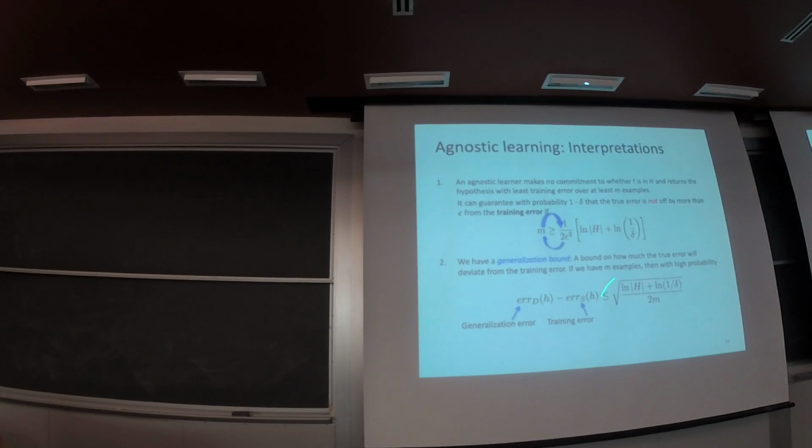And what's the consequence if this upper bound decreases? That means the generalization error is closer to the training error, right? So that is as expected, right? So the more training examples you have, the more you can expect that the training error is enough to represent your true error. Right? And also, Occam's razor principle can be reflected here as well.